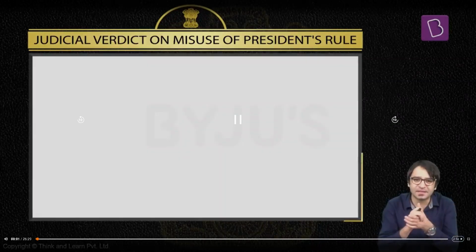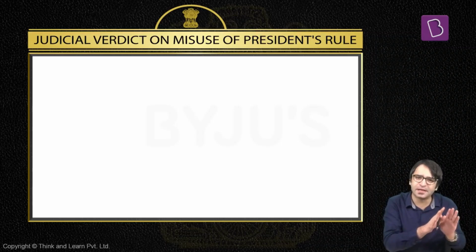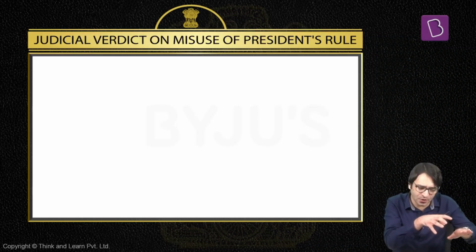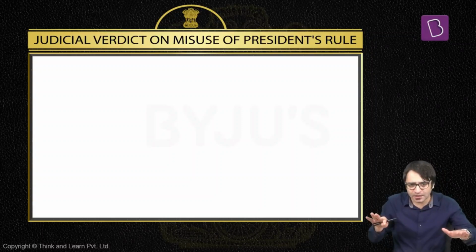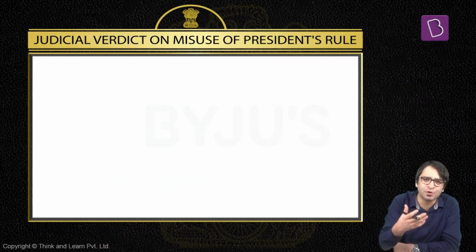Now, what exactly happens at a President's rule? The first casualty is the Council of Ministers headed by the Chief Minister, dismissed. The Legislative Assembly normally is not dissolved, it is kept under suspended animation. That means it can be revived back, but as of now it is suspended, and now the job of the Legislative Assembly is taken over by Parliament, or Parliament may delegate the lawmaking powers to the President. Clear? But this Article 356 has been misused, overused, abused multiple times.